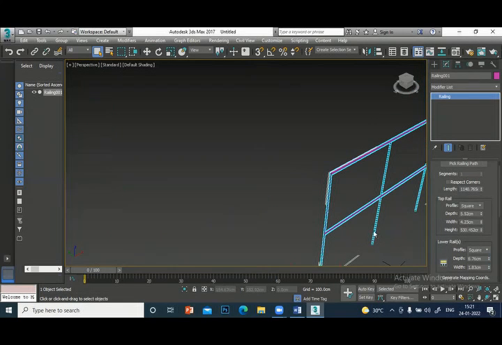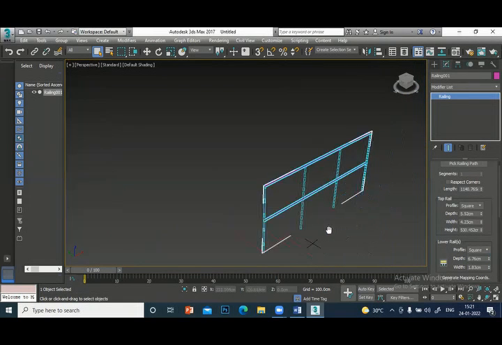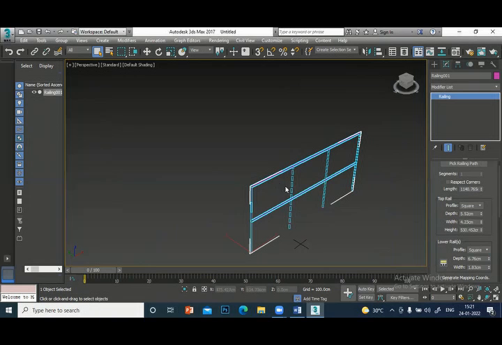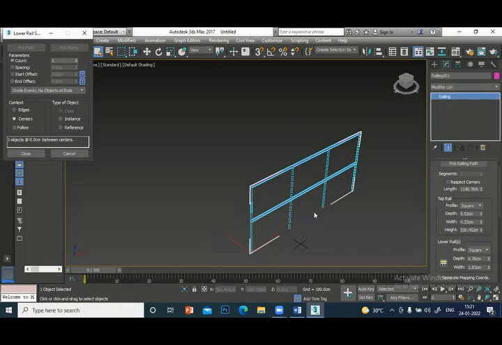Okay. Now there is only one number. You can increase this number by clicking this. So top rail is only one. Lower rail, you can have any number. So you click this and you get some options here.